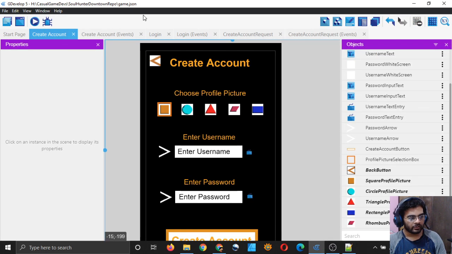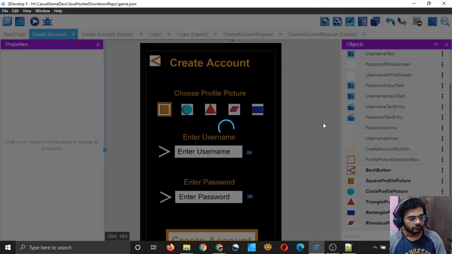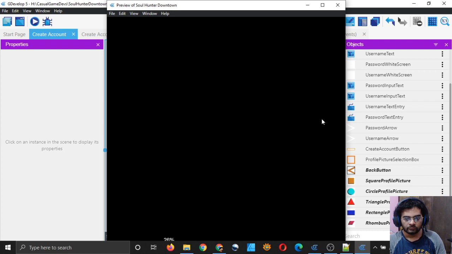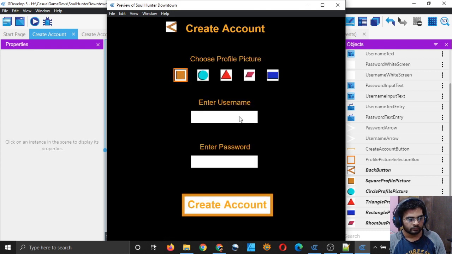So let us test this, just to see if the request is going or not. I will choose profile picture as triangle, and I will pick my username, and I will pick my password. And now I will create account.